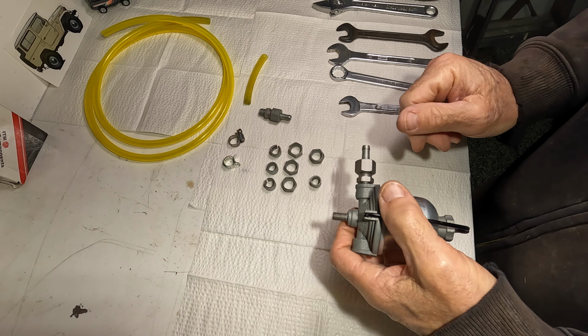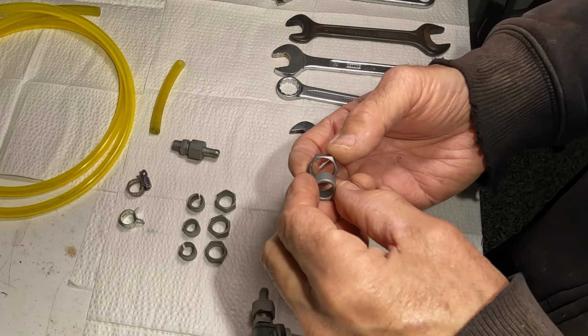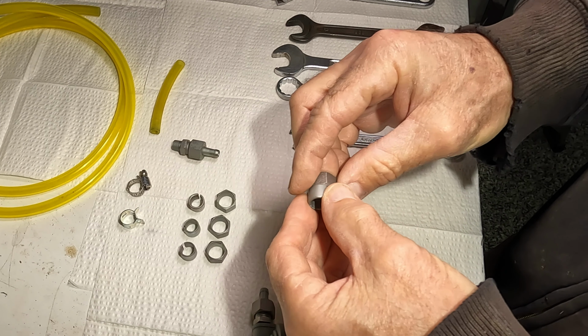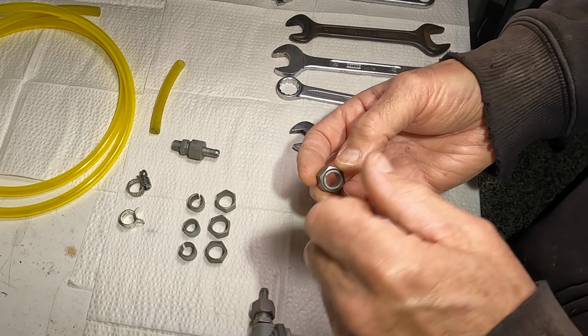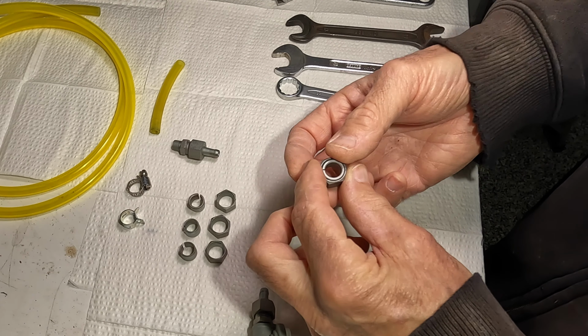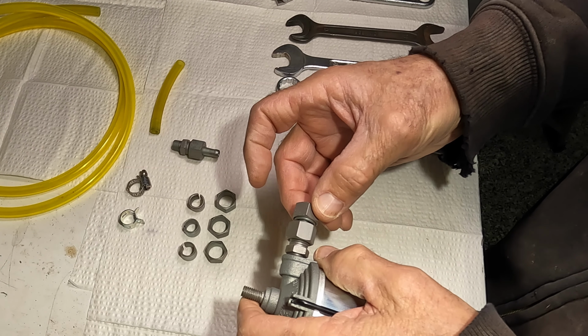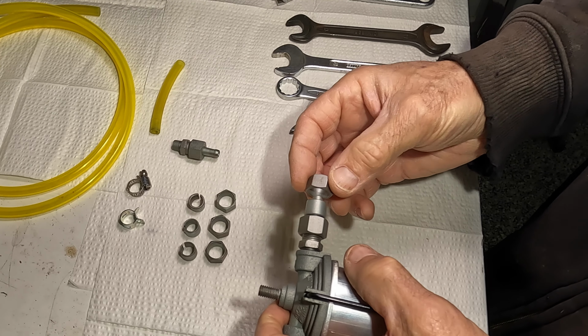So how does that work? Once everything's all cleaned up, and you've seen in the video that this is tapered, and this hole in here is tapered, and this goes in one way. And as you saw when I disassembled that one, this was the side facing this way. So this can go on here, and then the nut